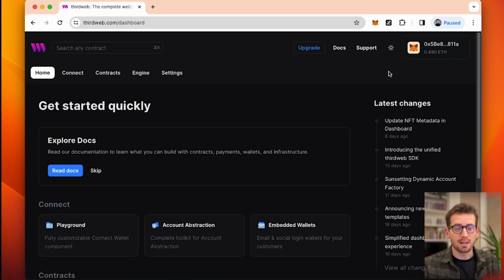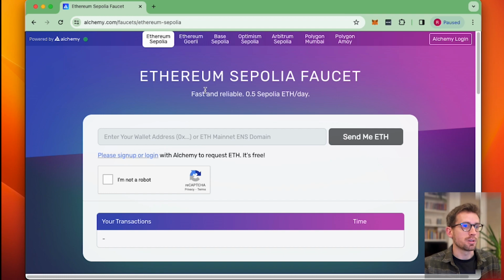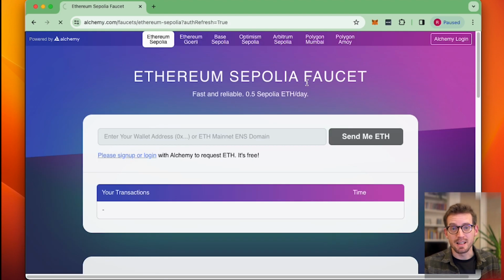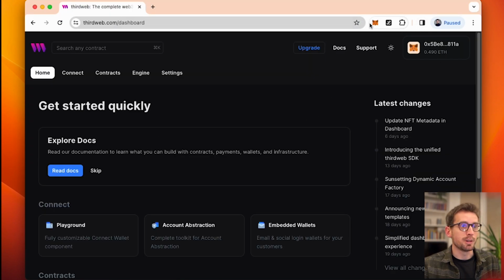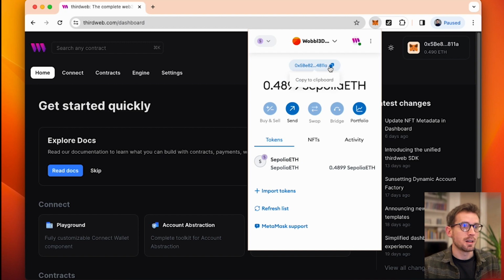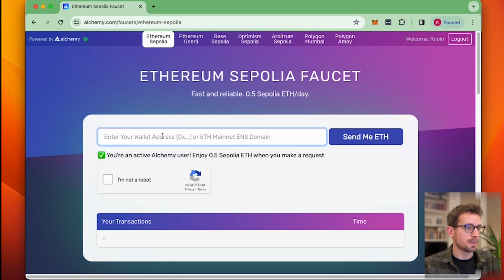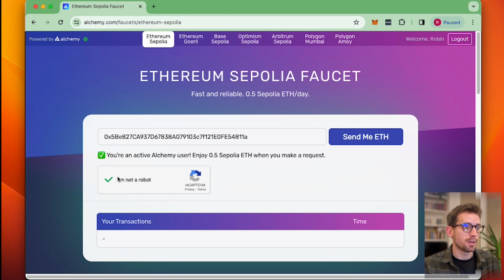If you're using a testnet, then you'll need to get some ETH from the testnet faucet. I won't go into too much detail, but you can do it through Alchemy for the Ethereum Sepolia faucet. And obviously, if you're doing it on a mainnet, then you'll need to buy the ETH. So the process is you need to copy your wallet address and then go to the faucet, enter it, make sure you're not a robot, and then click Send Me ETH. And that will automatically send you 0.5 Sepolia ETH, which you can use to deploy contracts or do any other